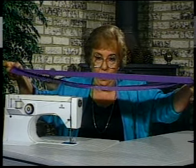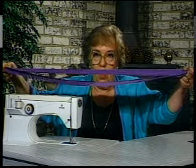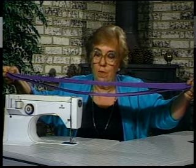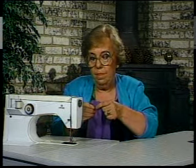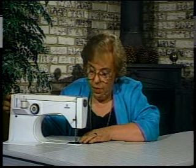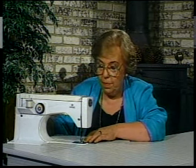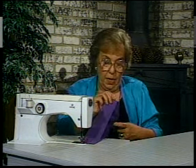Believe it or not, you can get them to come out even. Now, which one of these would I put down against the feed dogs? You know by now. Of course, the longer one, so that the feed dogs will grab it and ease it in for you and help you. All right, so we'll start again at the end, and remember the needle down first. A couple of stitches from the end, put the foot down, back up, and come forward. Leave the needle down, and now